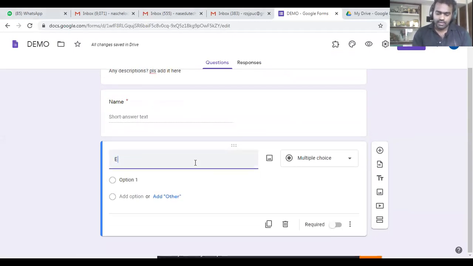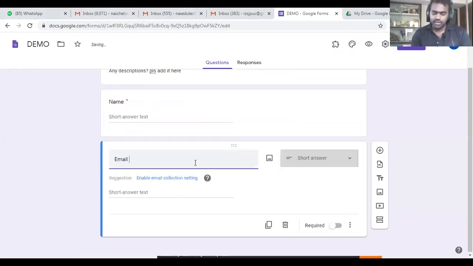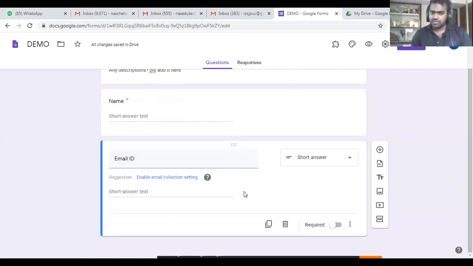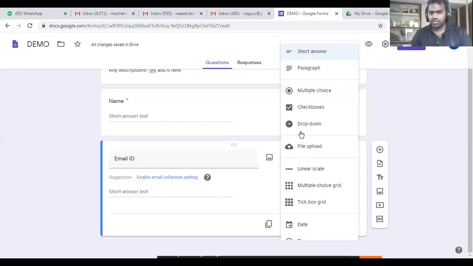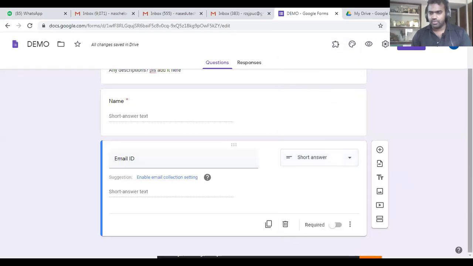Here you can ask for their email ID if you need. When you click email ID and enter, if you are asking for email, then the system will automatically turn it into email. Otherwise, you can manually click short answer and it will be an email ID. If you need email collection from your participants, you don't have to do this.